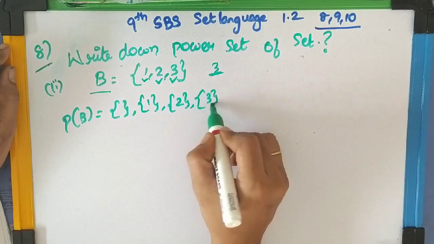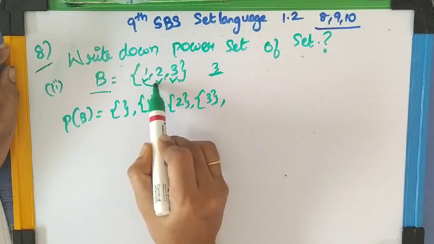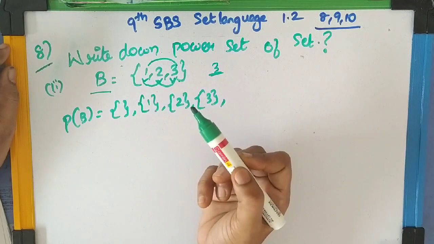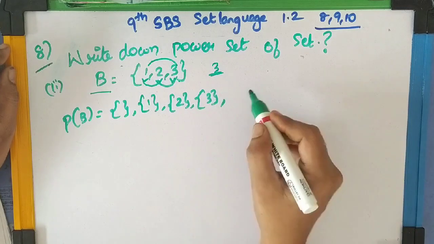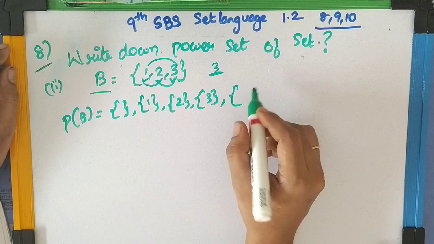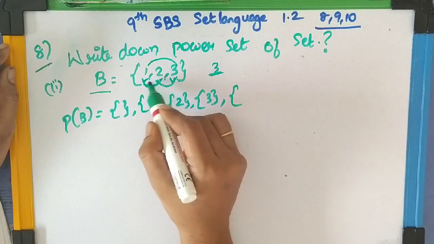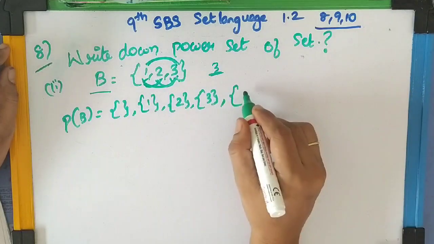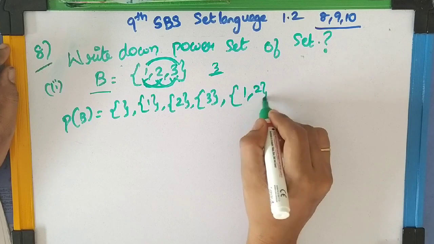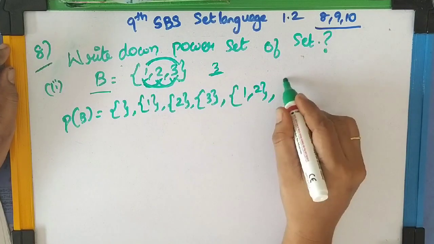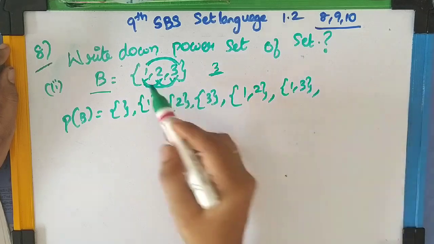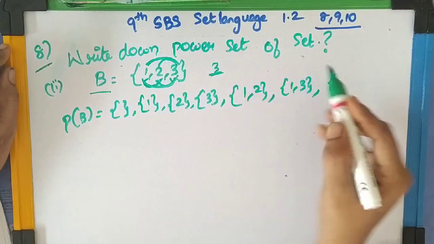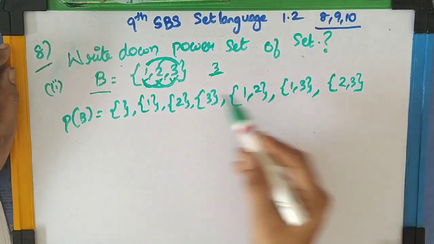Okay. Now imagine a man standing at 1 and looking at 2 and 3. So {1,2}, {1,3}. Next the man jumps to 2 and he sees only 3. So {2,3}. That's {1,2}, {1,3} and {2,3}. Understood? Then we have to write all the elements in the set. Okay? Do you clearly follow me?